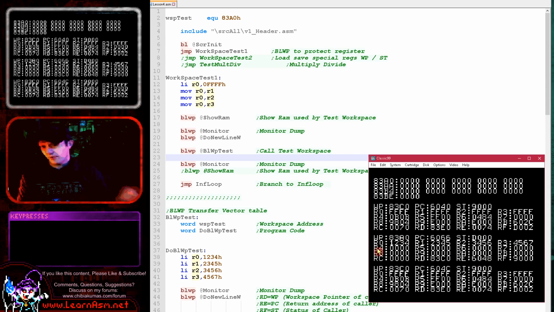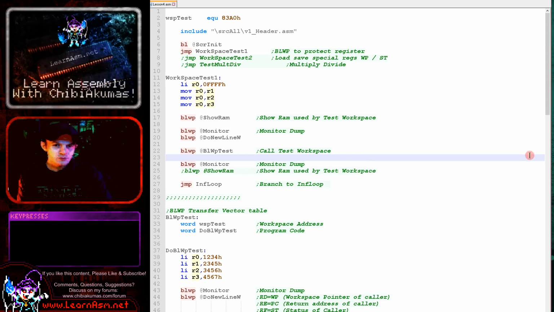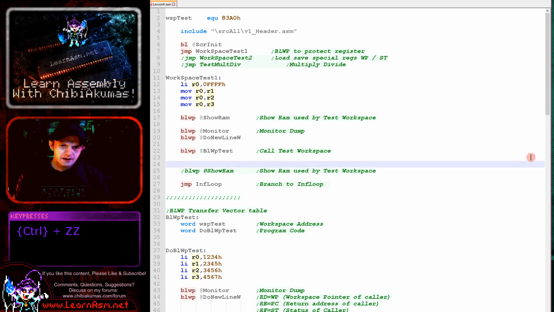And that hopefully will make perfect sense, because this was using workspace 8380, this test area here, whereas this one, and of course originally here, was using 83C0, which was unchanged by that subroutine. And that's the whole point. The subroutine does not change the registers, so that means that we can have our subroutine do its little bit of work, and then the parent routine gets on and carries on as if nothing has happened to its registers, which is what we want in this case. Okay, now,